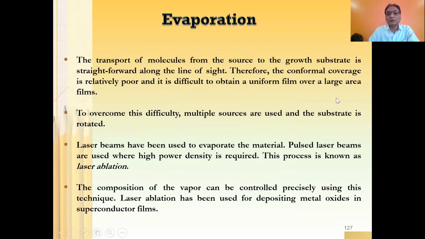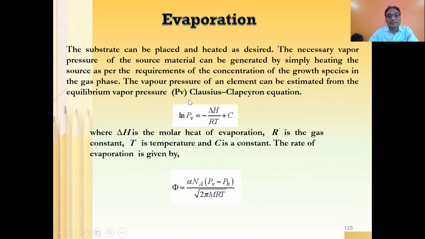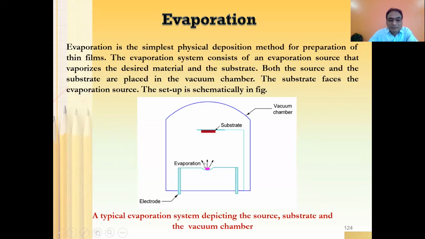The transport of molecules from source to growth substrate is straightforward along the line of sight. It is usually straight. Therefore, the conformal coverage is relatively poor and it is difficult to obtain a uniform film over a large surface area. So what happens here, since the evaporated molecules are going to be evaporated from this,